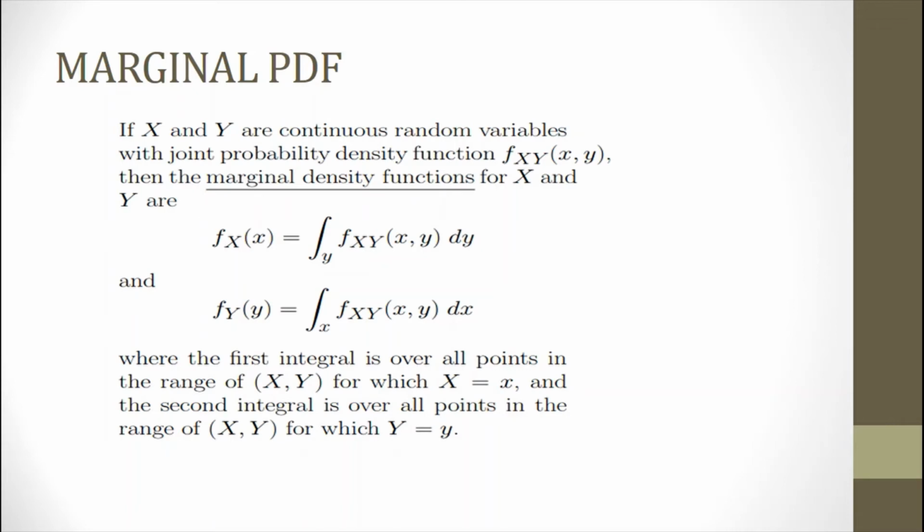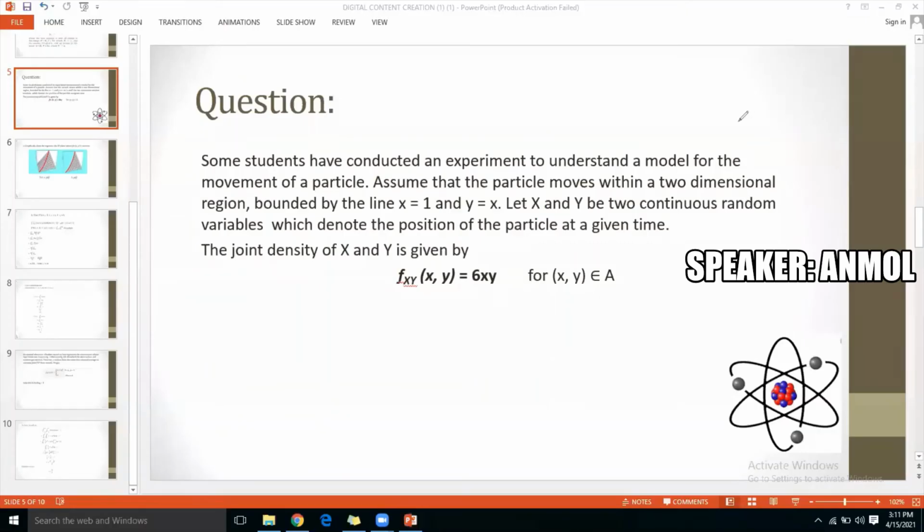We are required to take the limits and integrate it with respect to the other variable, which is not constant. In our case, that's y. Hence, the answer of the integral will give us the marginal probability density function for that specific variable. Here, that variable is x. Similarly, for y, we will integrate the joint PDF by taking on the limits of x and integrating it with respect to x. Okay, so let us now understand the question.